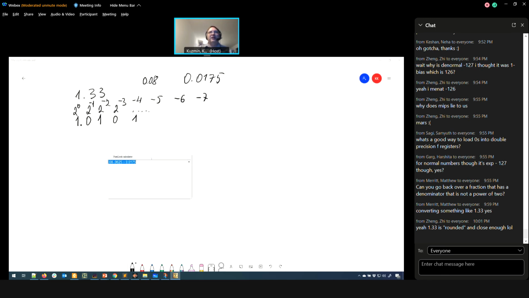Okay, but let's do one more step. So we have 1 divided by 32, that's 0.03. No, that's more than we need. So we don't take this fraction. So next is going to be 1/64, that's going to be 0.015. So I think we take this. All right. And yeah, there's still going to be some remainder, and we can just keep going until we